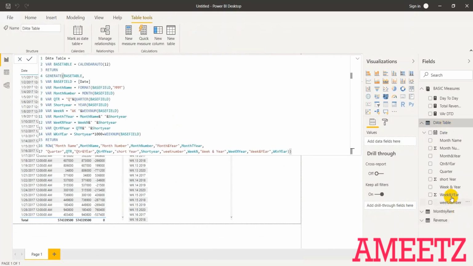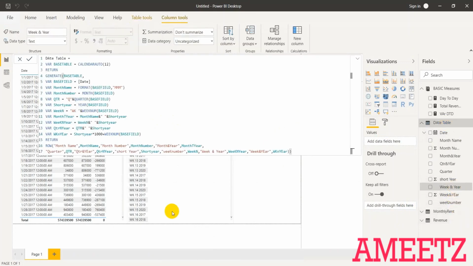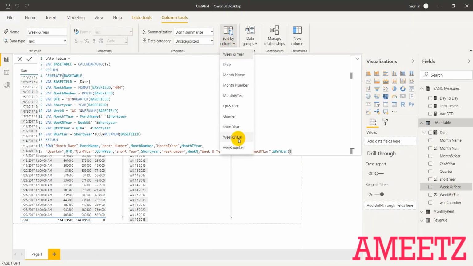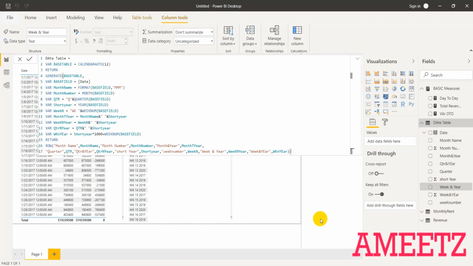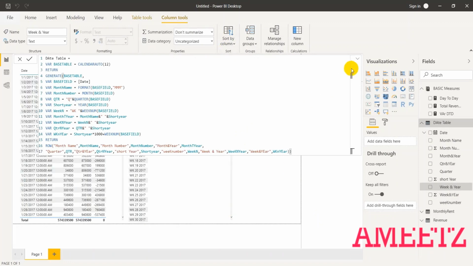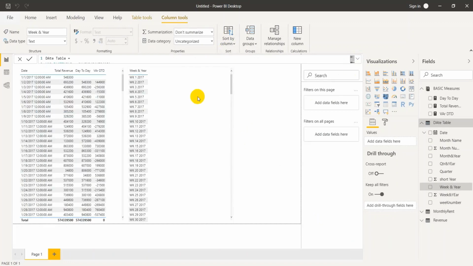In the date table I'm selecting week and year, which I have used in the visualization, and then selecting sort by column and selecting week and year. With that, I can now see the week numbers properly sorted. So week 1 2017 and so on for complete 2017, and then accordingly it will take care of other years.